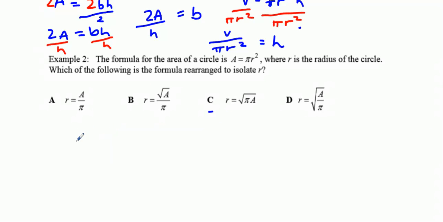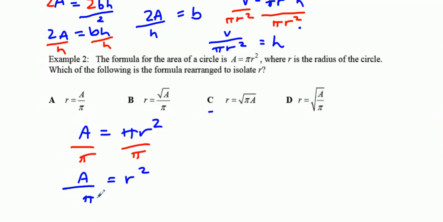Okay, so I've got A equals pi r squared, and I have to isolate for r. So r has two things happening to it. It got multiplied by itself, and then after that, multiplied by pi. So the first thing I have to do is undo the multiplying by pi, because we're going in the backwards order, remember. So I am going to divide both sides through by pi, and that's going to give me just r squared equals A over pi. Now,